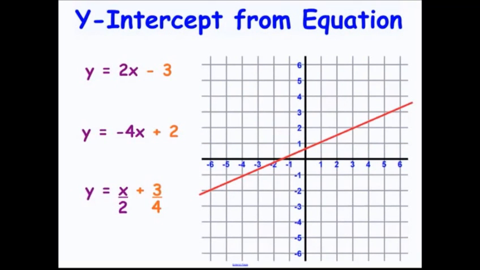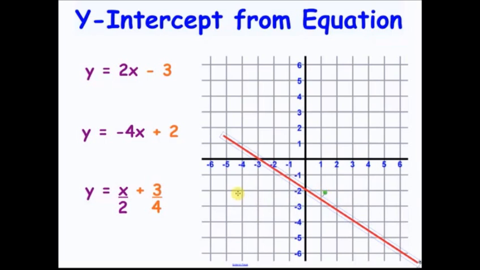Let's look at some very quick examples. So if we had a line y equals 2x minus 3, I'm not particularly worried about the gradient at the moment. If we just place this line and assume it's got a gradient of 2, it would go through the y-axis at -3. If we look at the next line, y equals -4x plus 2, if I quickly make this